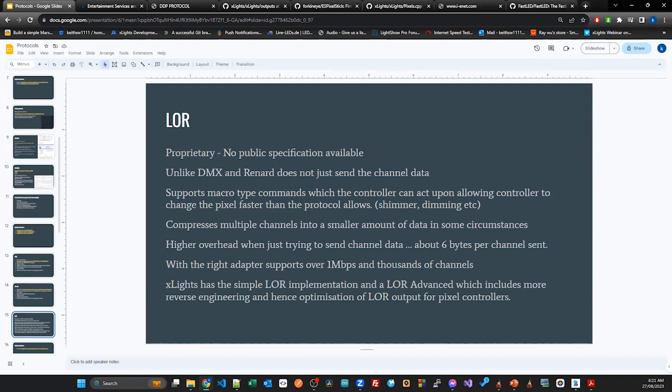It does support macro type commands where the controller can act upon an instruction. So rather than setting the brightness of every channel and the controller just dutifully following it, you can do things like send it a command to tell it to shimmer a channel, and it will shimmer the channel internally within the controller. You don't have to turn it on and off, which allowed the shimmer in the Lightorama controllers to look better because it was the controller doing the shimmering